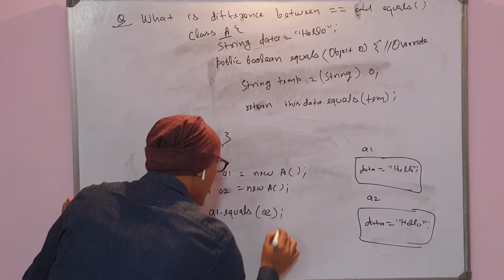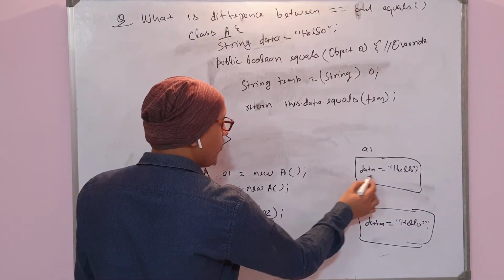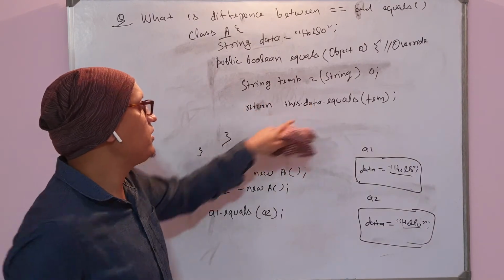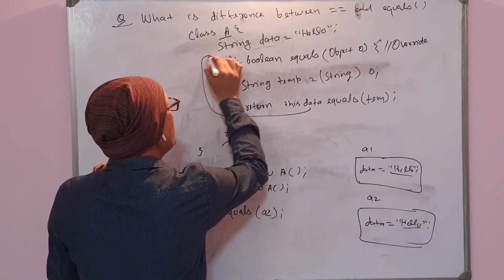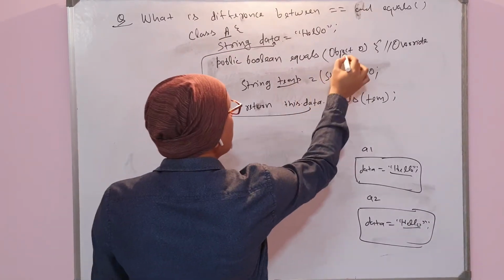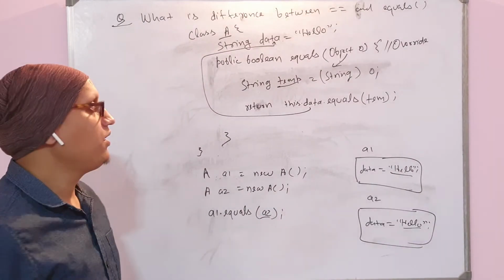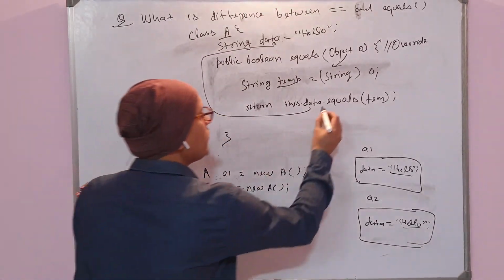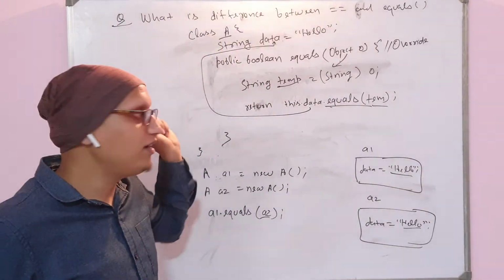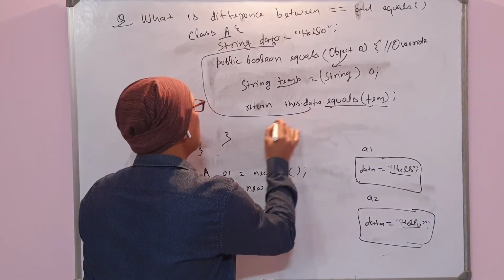a1.equals(a2), it is going to compare on the basis of this content, because what you have written, this.data always refers to this class's instance member, and temp is the parameter you have passed here. Okay, so this will do the equals operation on the basis of this string, and whatever they are returning on the basis of content, the same thing is going to be returned from this